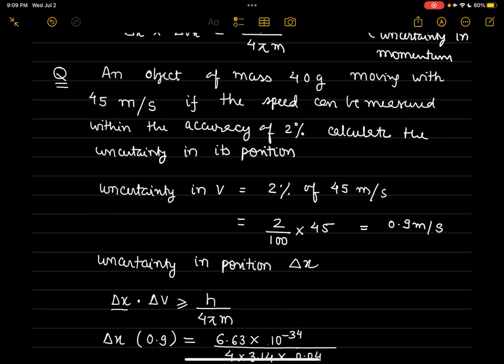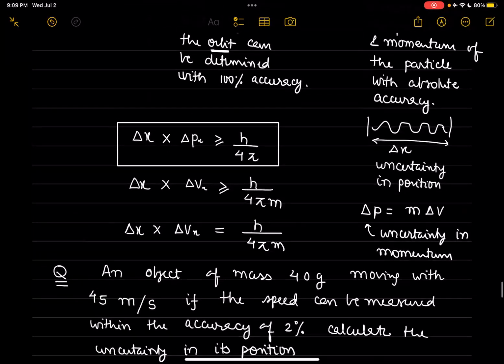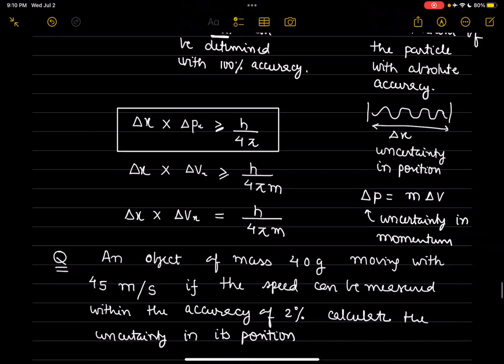And because the position is uncertain, you cannot figure out the velocity also. There will be uncertainty in velocity. It is not because of our compulsion, it is because of the wave nature of the particle. And Heisenberg gave the formula for uncertainty: the product of uncertainty in position and momentum will be at least equal to h upon 4 pi or more than that. If we want to find the minimum uncertainty, we can keep it as equal to. Got it? Is it clear?